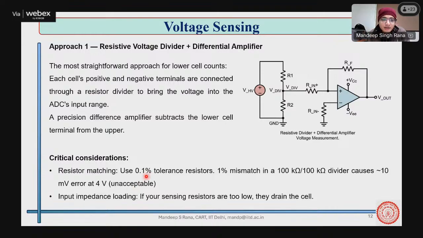That's what I'm trying to say. So normal resistors can't be used. When you are actually making your own sensing scheme, you need to look for very high precision resistors. Then the next thing is you need to take care that this particular voltage division is not being affected by